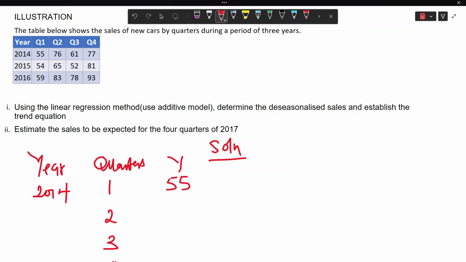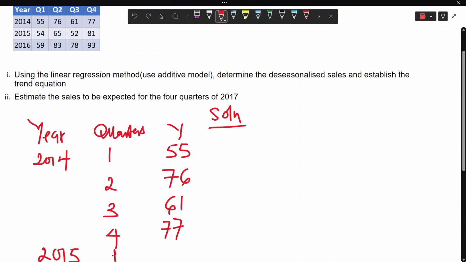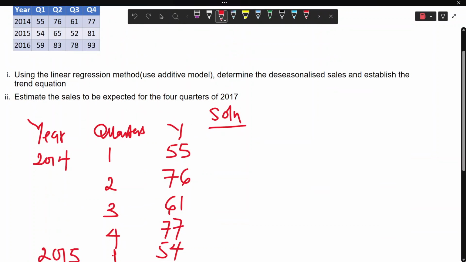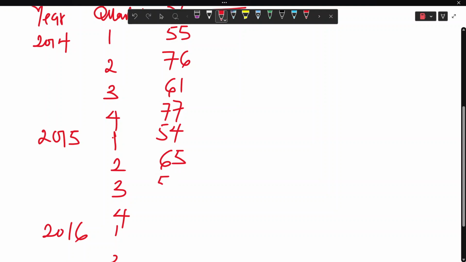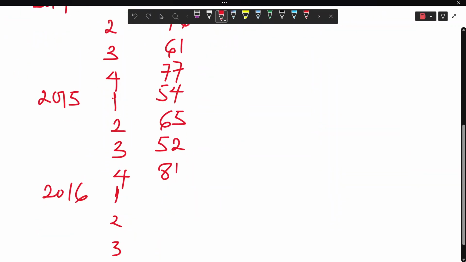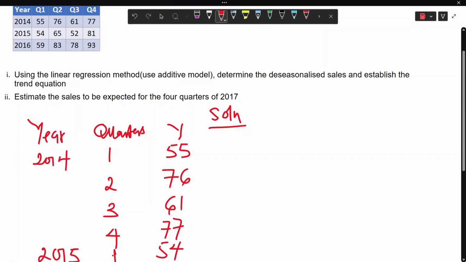55, 76, 61, 77. Then for 2015 we have 54, 65, 52, 81. Come to 2016, we have 59, 83, 68, 78,